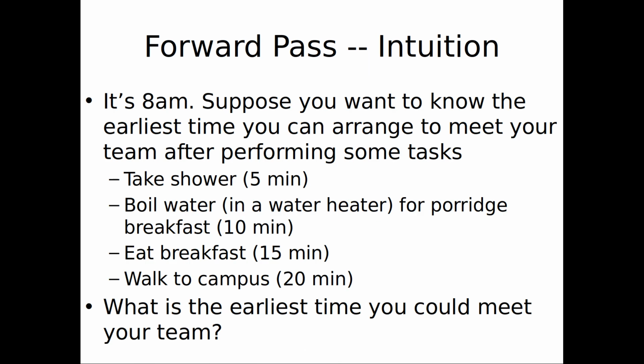And the key idea here is, ladies and gentlemen, if there's two tasks, like taking a shower and boiling water, that can be done in parallel, you need to consider, is it the max or the min of their times? So suppose I can take a shower and boil water. I can be done with both based on time. Is it the max of the two times of the subtasks or the min? Max. The max. Because I have to wait until the last of them finishes, right? Okay, so it's the max of the times here.